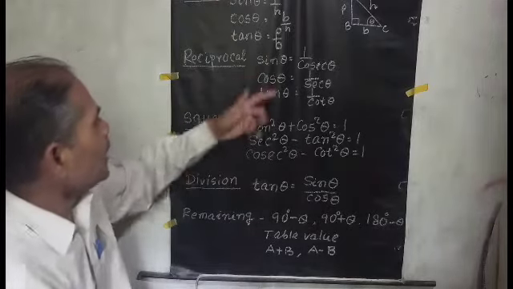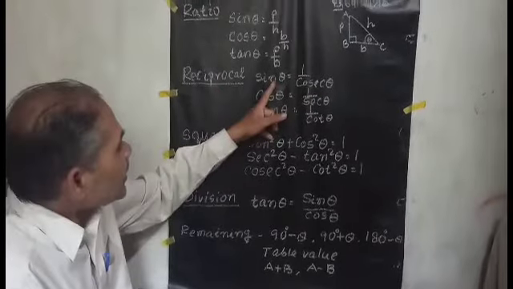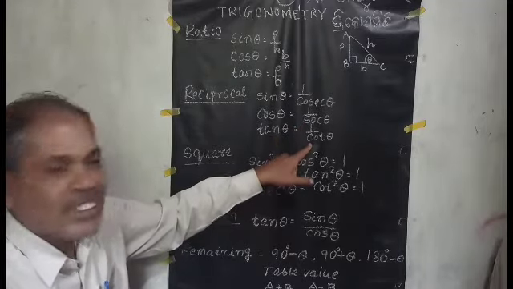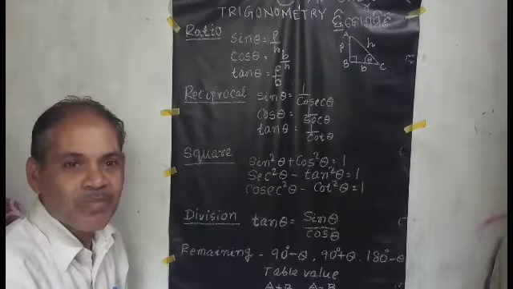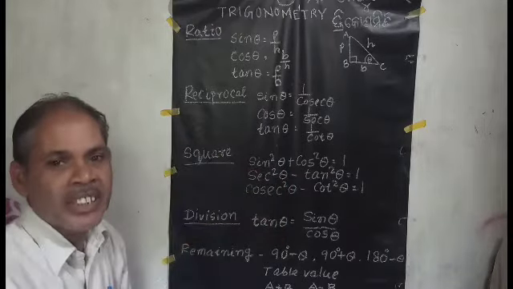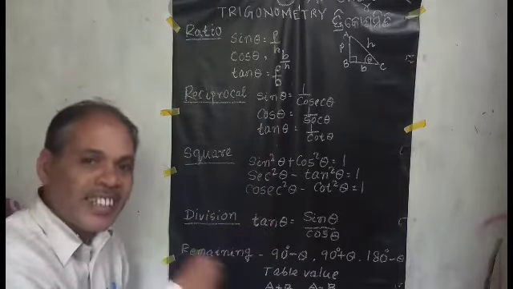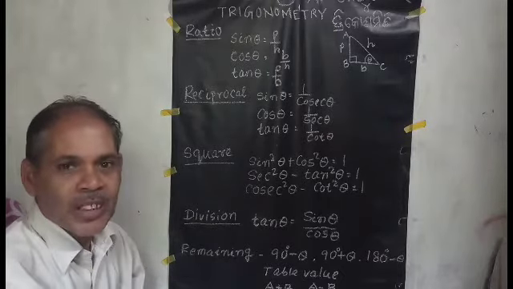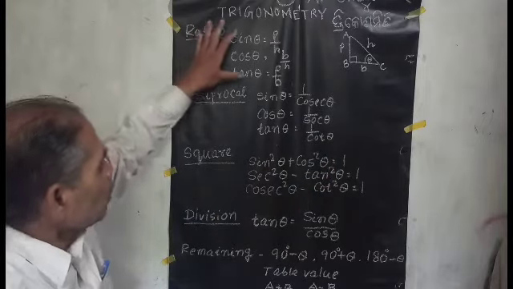When we derive sin theta is equal to 1 by cosec theta, we come to the reciprocal part. Sin theta into cosec theta is equal to 1. Cos theta into sec theta is equal to 1. Tan theta into cot theta is equal to 1. Tan theta is equal to 1 by cot theta, and cot theta is equal to 1 by tan theta. So this is another formula. There are hundreds of formulas in trigonometry, but this is the concise, precise, minimum set you should remember, and you can do any number of problems without facing any difficulty.